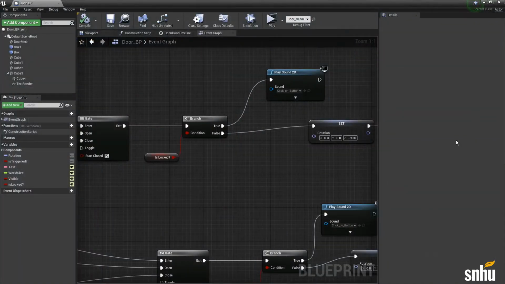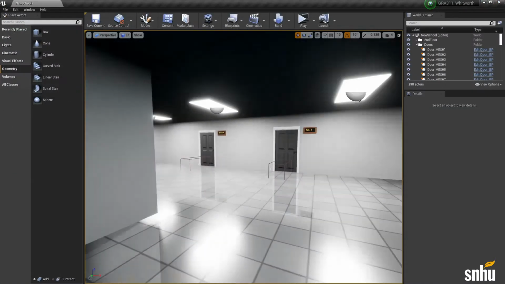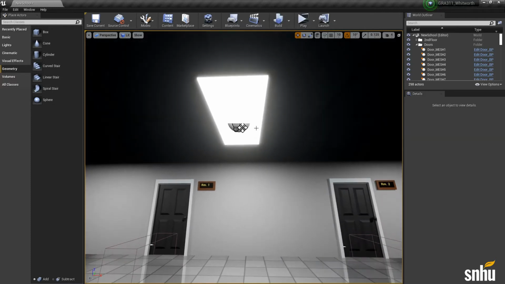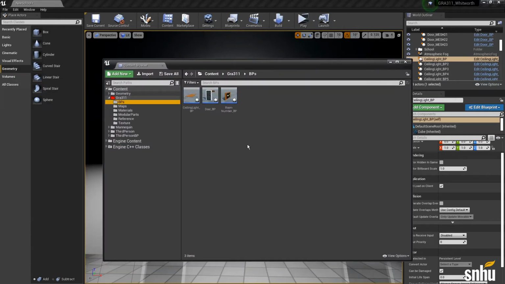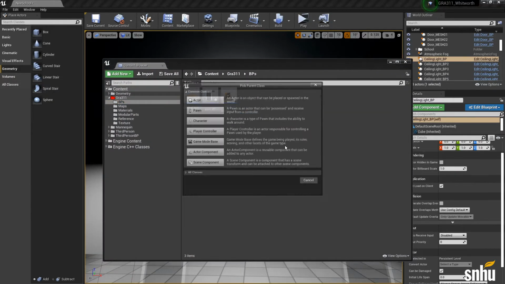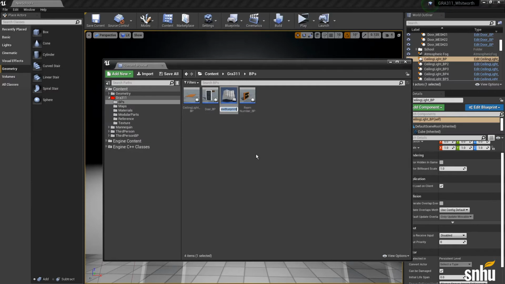And then let's hop into how I created these lights. And we're going to be adding a few more features to these lights as well. So if we go into the content browser, we go ahead and create a new one. So right click, blueprint class, actor, and we'll call this school light underscore VP.